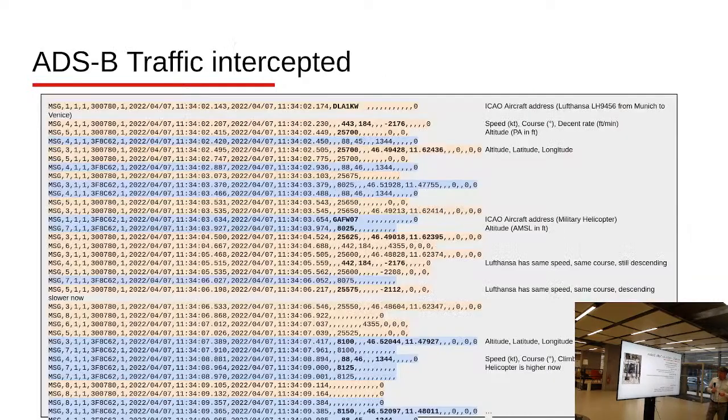And that's a screenshot of a piece of data, how it arrives. That's maybe half a second or maybe less. We don't have to go through it all, but we see here the message type, then we have an ID, we have the timestamp, date, and time. And here we have the ICAO aircraft address. That's, for example, the Lufthansa